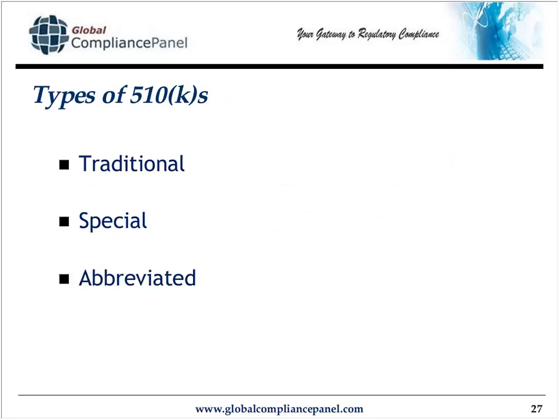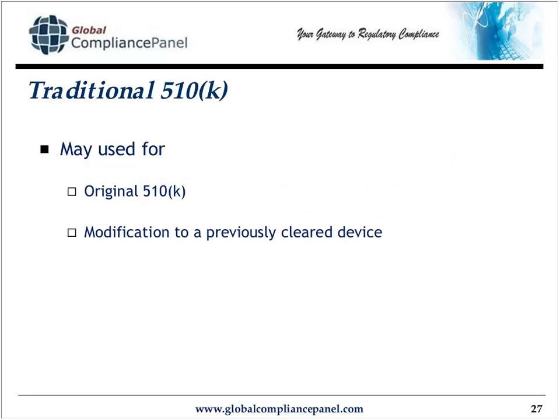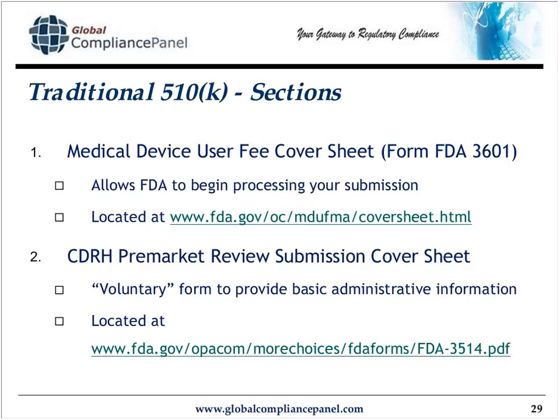Now that we've covered sort of the hows and whys, I do want to speak to the types of 510Ks that are out there and sort of go through them in a little bit of detail. The first type of 510K is a traditional 510K. It's usually used for an original 510K, a brand new one, or a modification to a previously cleared device. Some of us use specials for our modification 510Ks, but you can use a traditional for a modification if you so decide. Section 1 is the user-fee cover sheet, and the FDA will not do anything without the user-fee cover